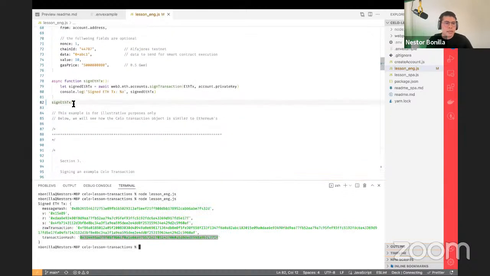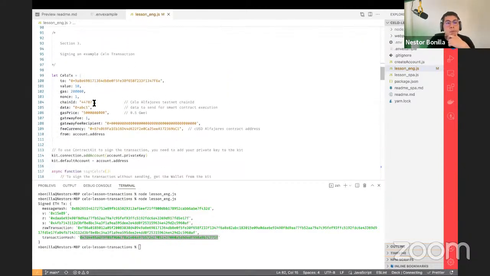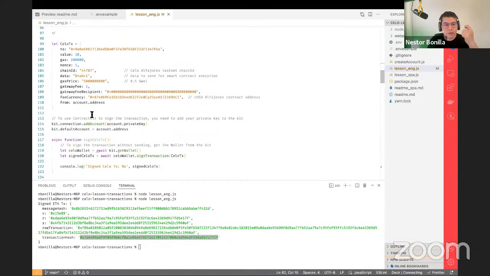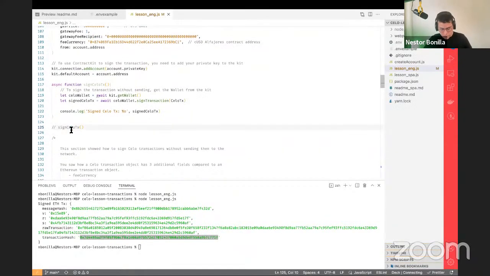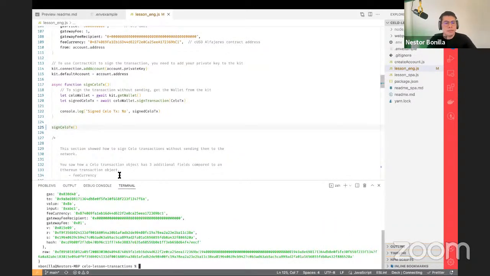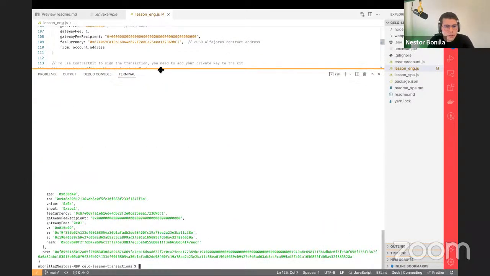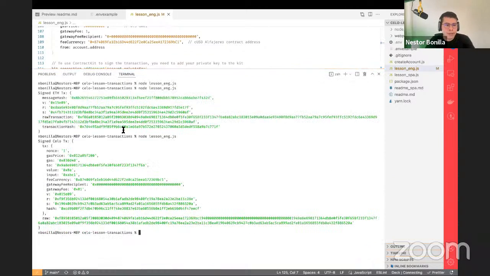We're also going to have the transaction hash that we are going to use next. Once we have seen an Ethereum transaction, we can compare it with a transaction in the Celo blockchain and see what the difference is. Here in the Ethereum transaction, as I mentioned, we have the message hash, V, R, S, raw transaction, and transaction hash.